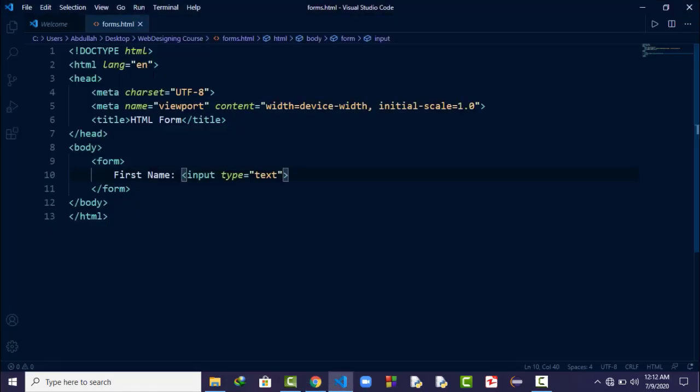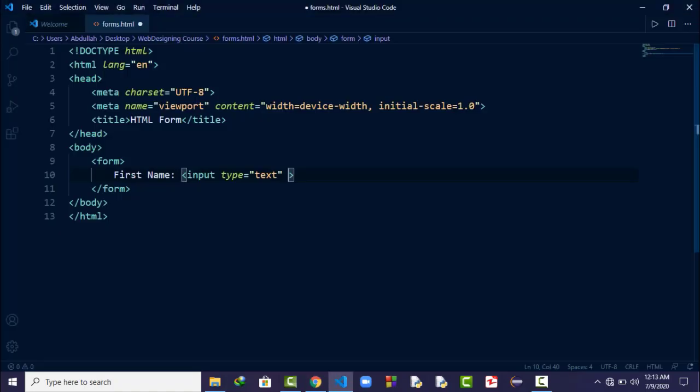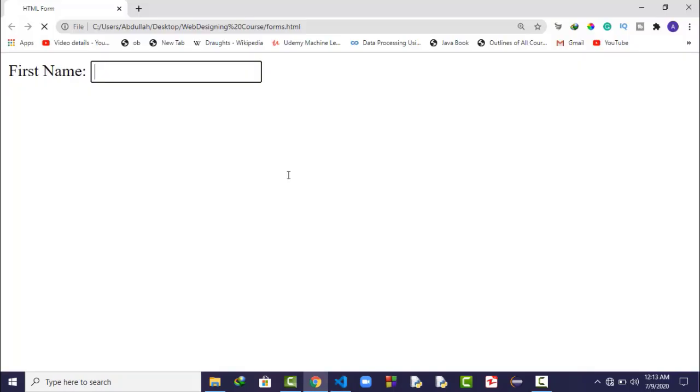Okay. Now after that, we also saw that maybe you can write the title of the input field on the left hand side, or maybe you want to type the title or the indicating text inside your input box. So how can you type this inside your input box? Whenever the user clicks on it and starts typing, your title will disappear. To achieve this, we can use a placeholder and we can say first name. And if I refresh it, you can see we got a first name title here.